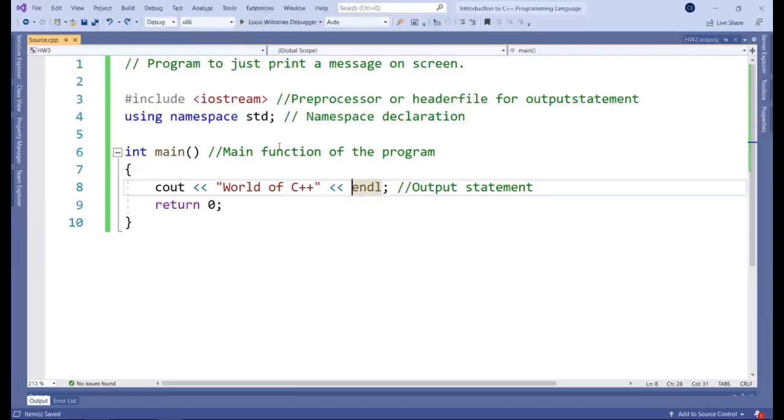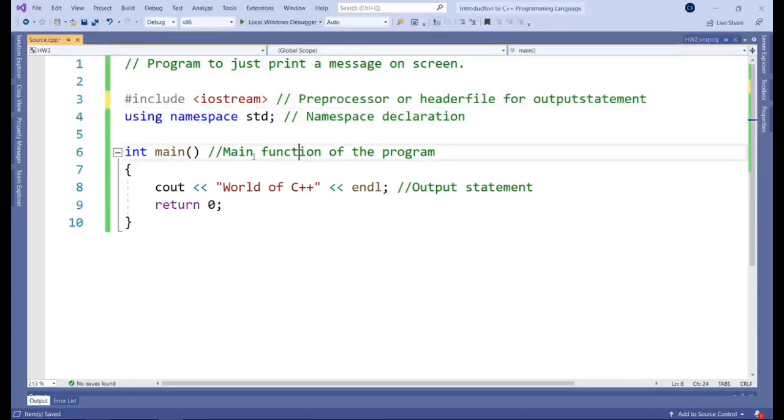Okay? And everything is explained throughout by the comments that we've got on each line. This is something that you can add when you do your own code to remember what each line does down the line, especially if you're doing something really complex. Later on, you can actually write a comment next to your code, and that way someone else can look at it and understand. Okay. And then finally, we return 0 to basically communicate that the program has run successfully. This is something that we need to have in there.